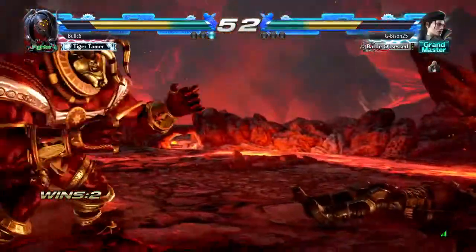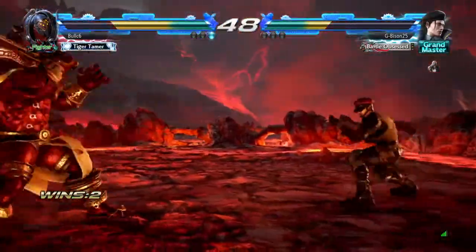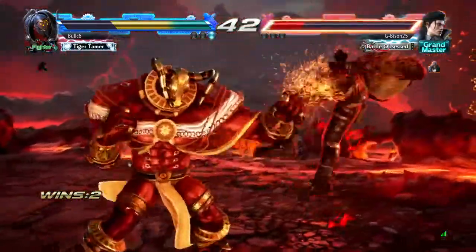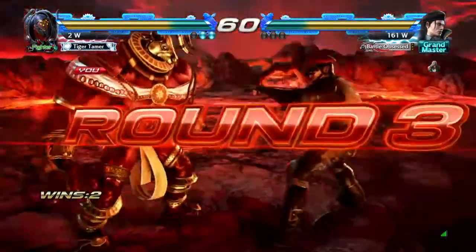We're playing against the Dragonov. Look at that! Oh my god, the power crushes from the god of Dragonov. Just keep using 1-2 and down to literally like